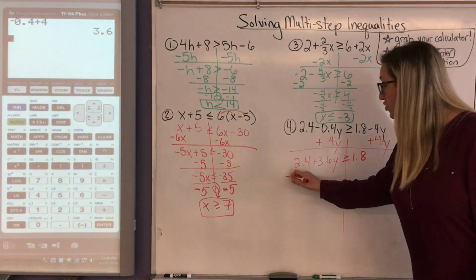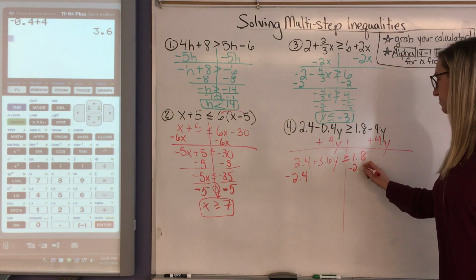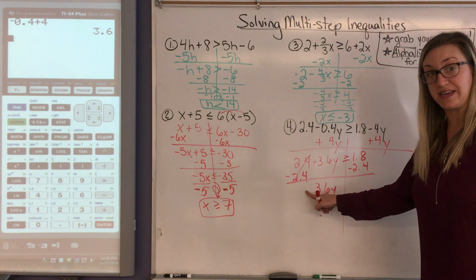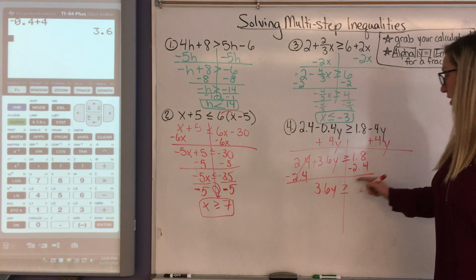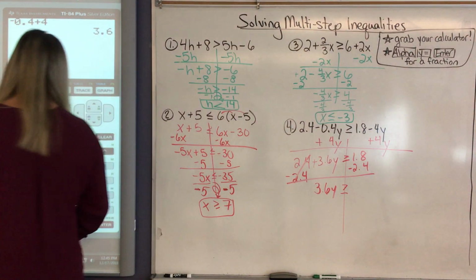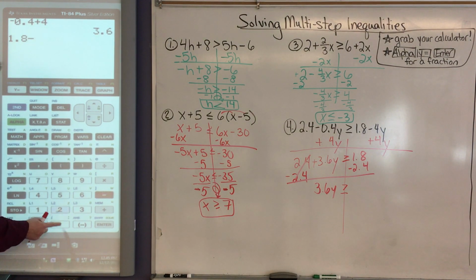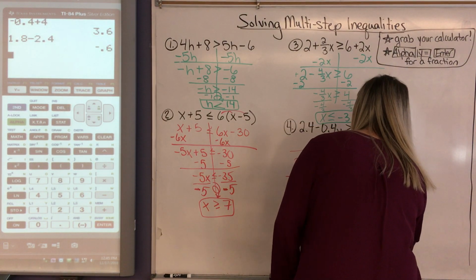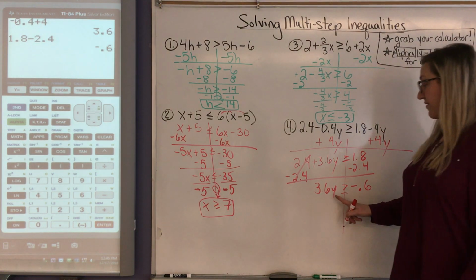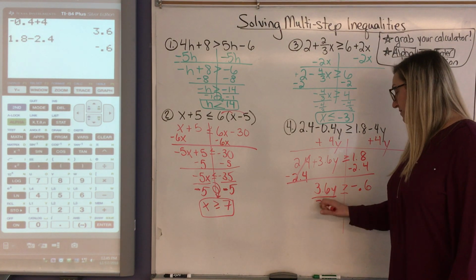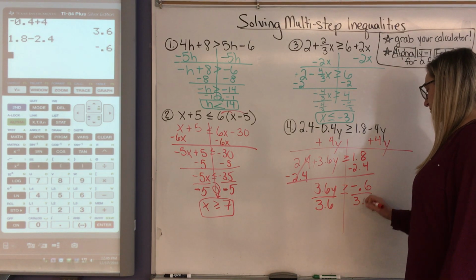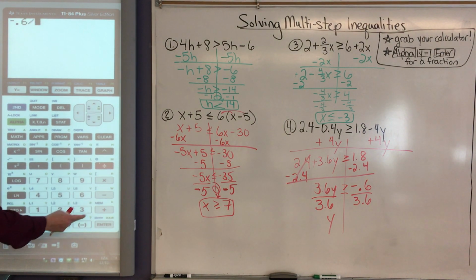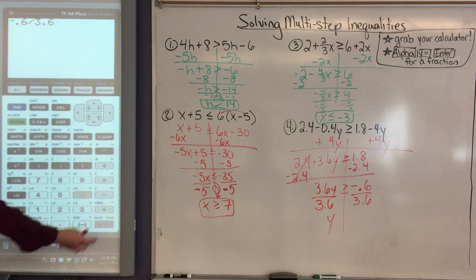Now I'm going to take away 2.4 from both sides. I'm going to be left with 3.6y, which is a positive, which means I can let go of this line here. But what's 1.8 minus 2.4? Let's confirm. 1.8 minus 2.4 is negative 0.6. Last but not least, I have a coefficient in front of y, so I'm going to divide by 3.6. Y is, let's say, negative 0.6 divided by 3.6 is,